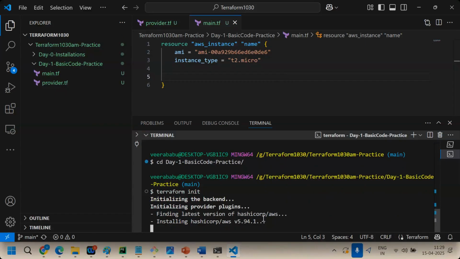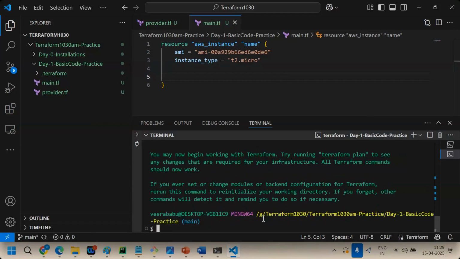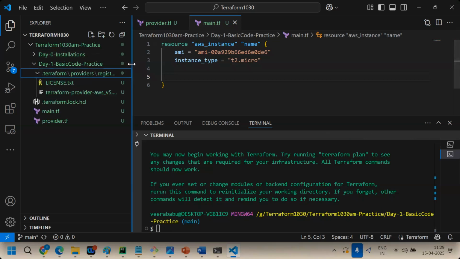Wait, you can see, a directory is created. What is the directory name? .terraform. And one more file is created, what? Lock.hcl. So we have to focus on these two files now. What is .terraform? Just click on this here, drag here.